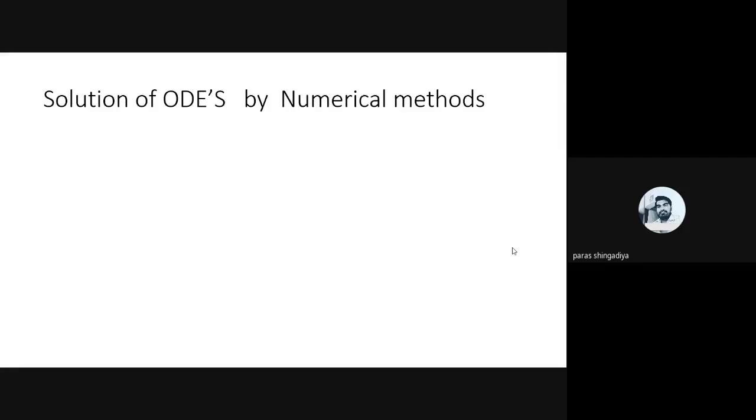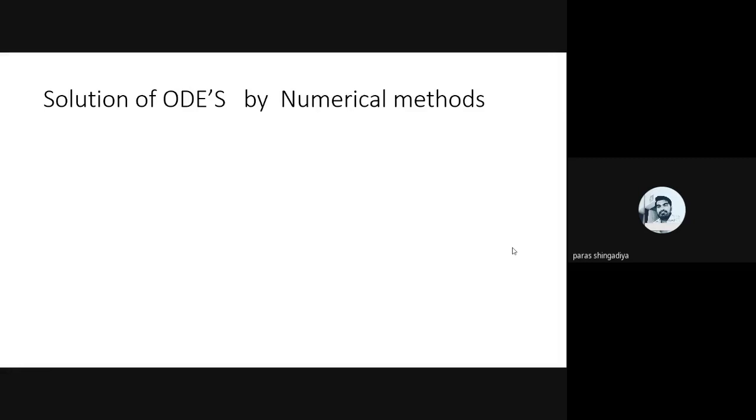If we have this data, we can use all these formulas directly. And if it is not minus 1 to 1, we first convert it to minus 1 to 1. So the function will be modified in the new variable by using the equation 1 by 2 (b minus a) into t plus 1 by 2 (b plus a). Clear?